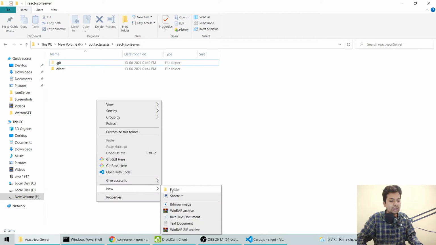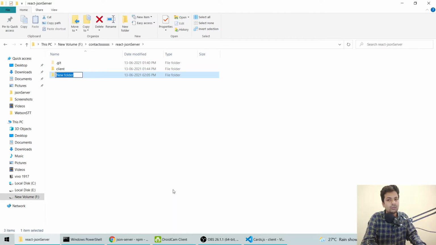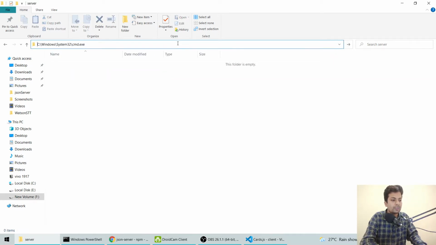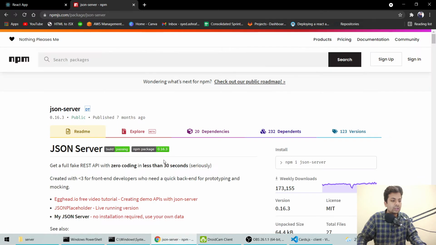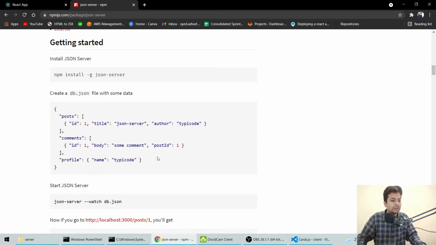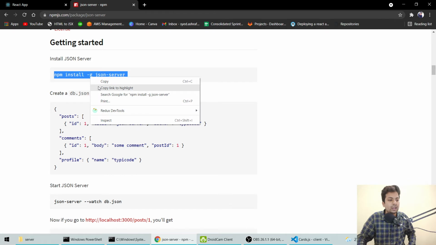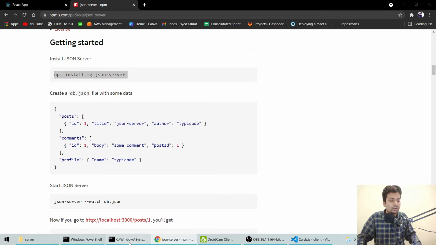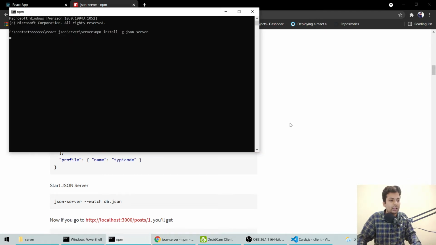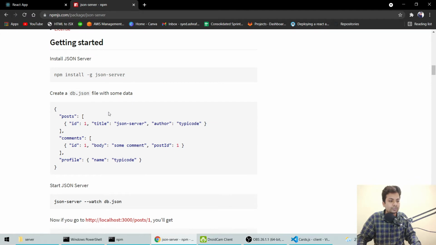Here I'll make another folder called server. Then I'll go into the command prompt, and for installing you have to write npm install global json-server. Make sure it is global, because otherwise you can't run an API. So here I'll paste it and it will get installed.